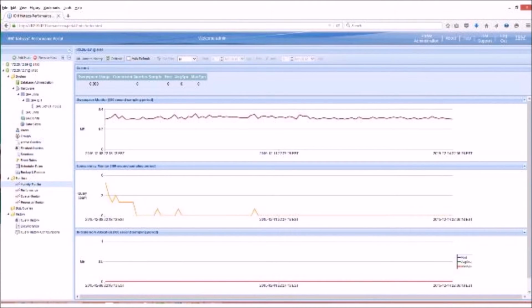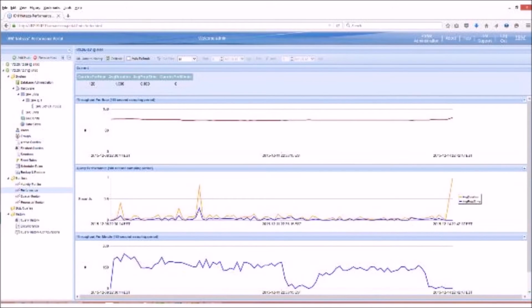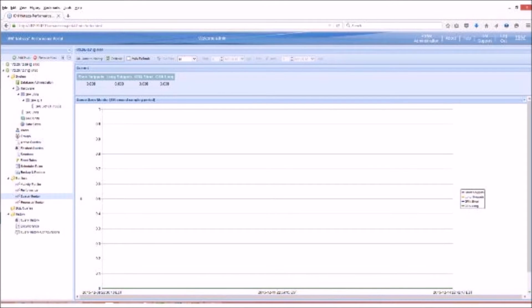In addition, there are several monitors available. There's the Activity Monitor, which monitors swap space, concurrency, and Netezza Performance Server memory allocation. There's a Performance Monitor, which monitors throughput per hour, query performance, and throughput per minute. There's a Query Monitor, which measures short and long snippets, also short guaranteed resource allocation, which is GRA, and long GRA.